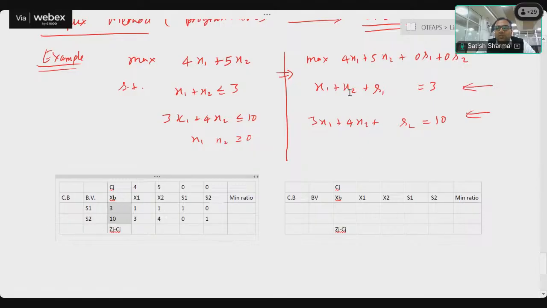So if I put x1, x2 as 0 here, s1 will become 3, so this satisfies this condition. x1, x2 is 0, this satisfies this condition as well. Okay, and this is my initial starting point, that my basic variables are the slack variables. Then the coefficients of basic variables in the objective function: the basic variable coefficients are 0, 0, so I will put 0, 0 here. Now first of all we have to calculate the zj minus cj, and here the zj minus cj is basically